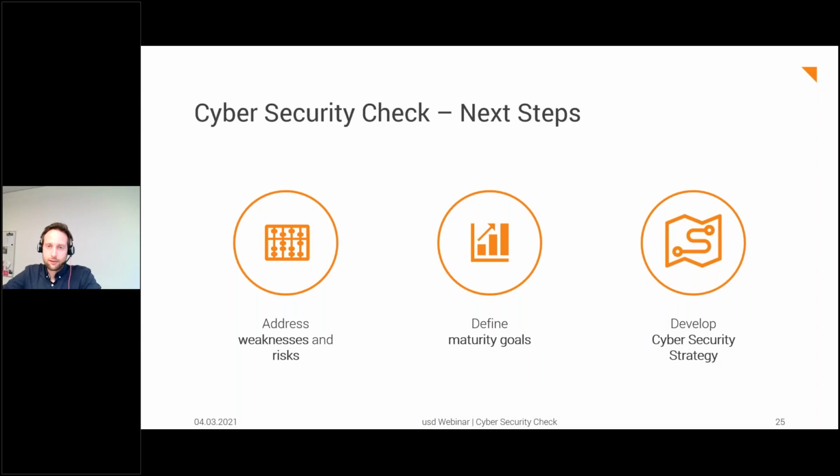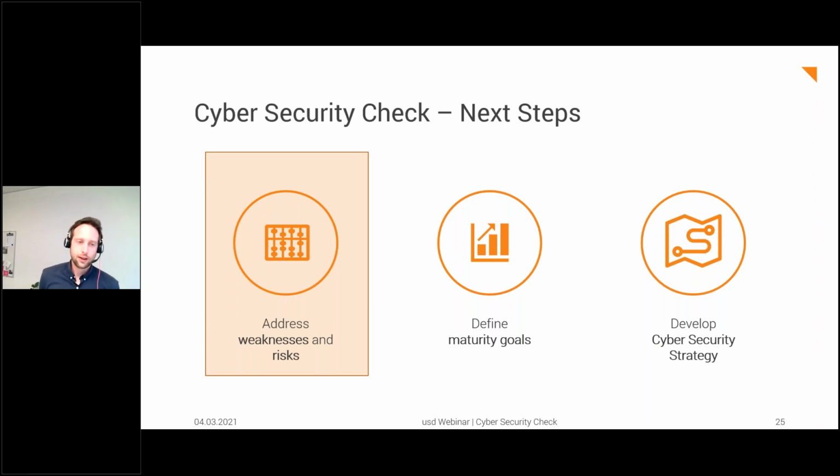The most obvious one is now you know about your weaknesses and you know about your risks. You need to address them. We can probably help you with most of these. It could definitely be that you don't have any policies. You just want to do a workshop on how you can set up your CI/CD pipeline in a secure manner. So it's definitely something where we can help, where we can brainstorm with you, where we can set up a project plan. We're obviously here to help, but you are probably free to do this on your own.